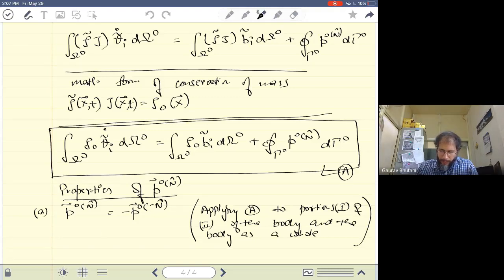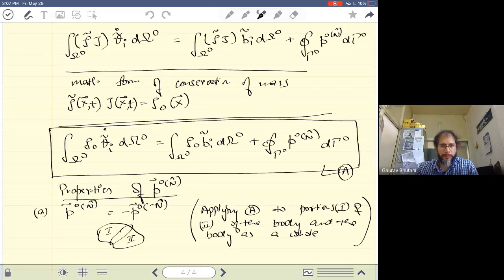So we did something similar in the past. What we did was we have a volume omega, which corresponds to omega naught in the reference configuration. First we apply this equation to part one only. That's what we take as omega naught. Then we apply it to part two, and then we apply it to the whole volume, which includes part one